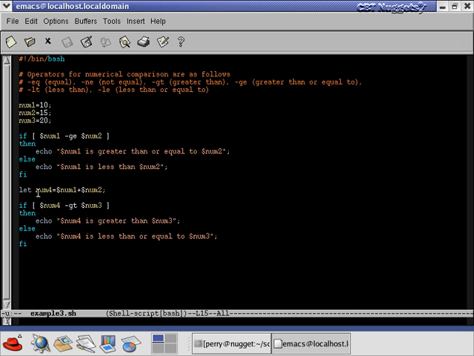Okay, pretty basic. Then what I'm going to do is use the let statement and assign the addition of num1 and num2 to the variable num4. So now I'm assigning to num4 basically the value 25. So now I'm saying if num4 is greater than num3, do this, and if it's not greater than num3,